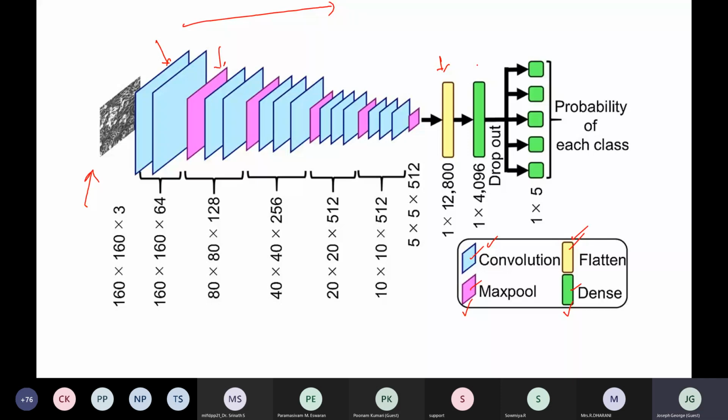This flattened input is what we call features. So these features are what we extract by this particular process, and they are given to an artificial neural network, which is a fully connected dense network. At the end of this you obtain some probability, and then you calculate the loss. From the loss you backpropagate to modify the weights. So this is a typical process.